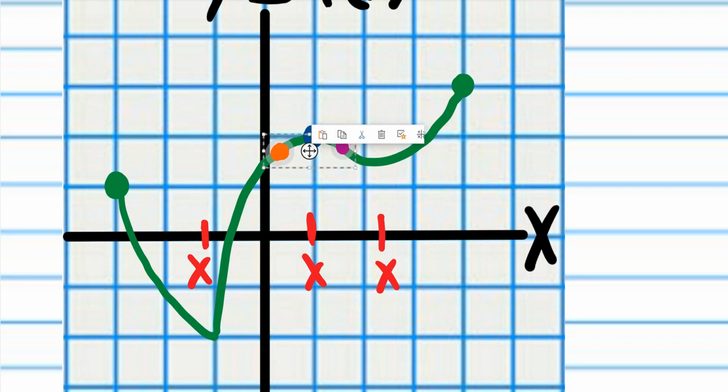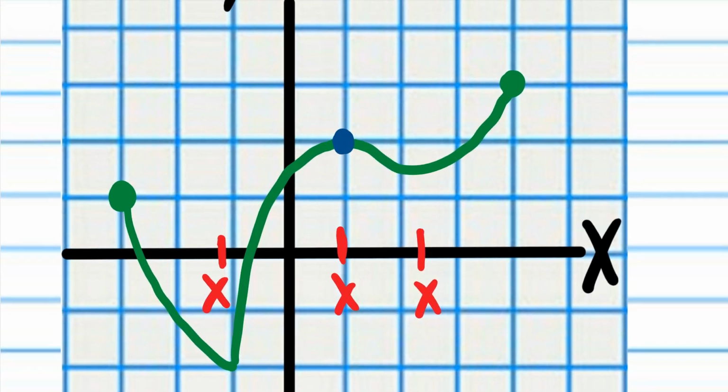So just to be absolutely clear what we're talking about here, again, let me show you. Look at this pink point here. The slope of the line tangent to the graph at that point is positive because it's going up from left to right. But look what happens as you bring the point closer. The line that's tangent to the graph at that point starts to level off. So the slope of that pink line is still positive, but it's not as big of a positive number. And then as you get to the top of the hill again,